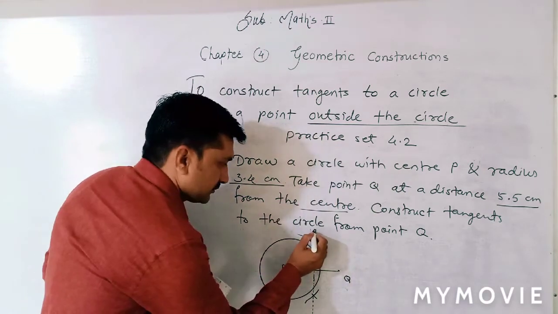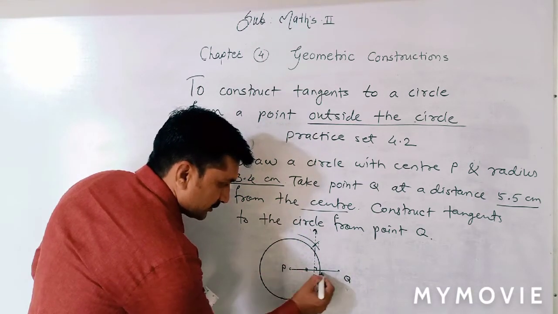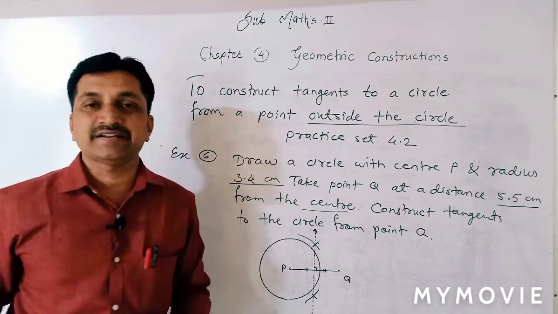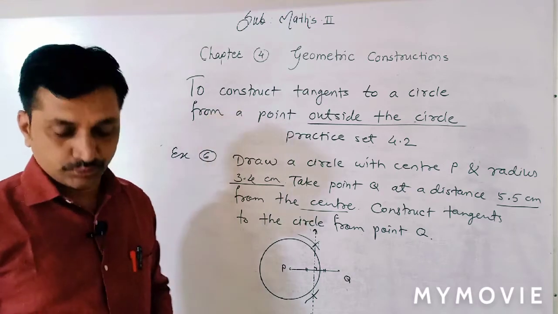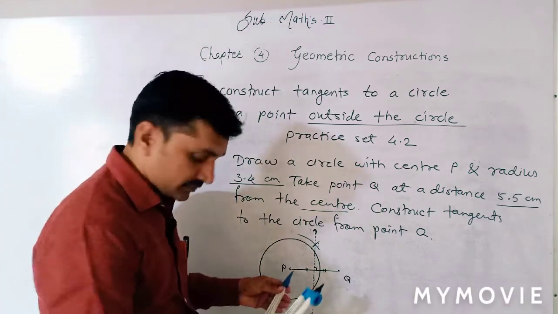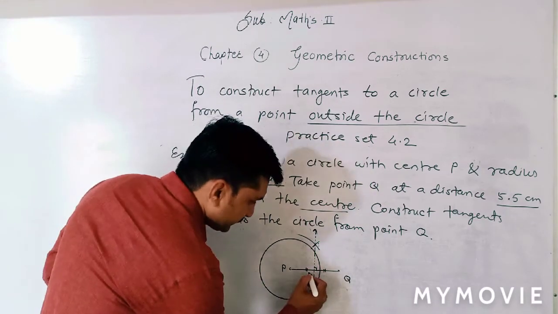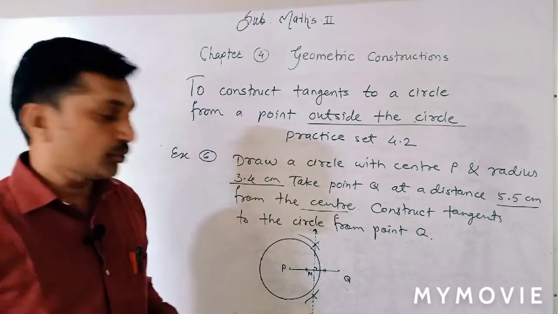Okay, in this way. Here the perpendicular sign and identical marks mean PQ is bisected, and this line is perpendicular on PQ, meaning this is a midpoint. After getting the midpoint, you can give a name here if you want. I write here M, meaning midpoint. M is the midpoint of PQ.